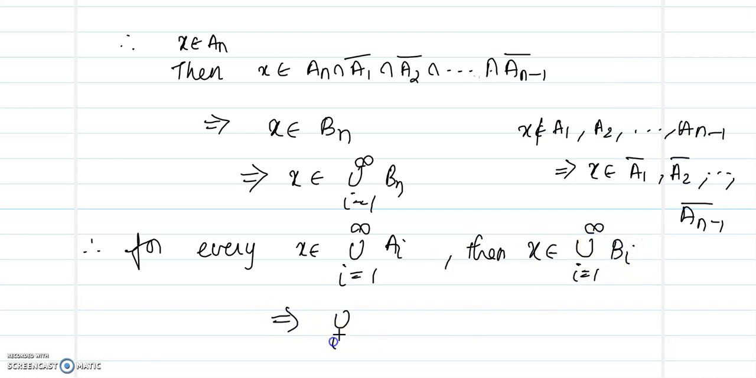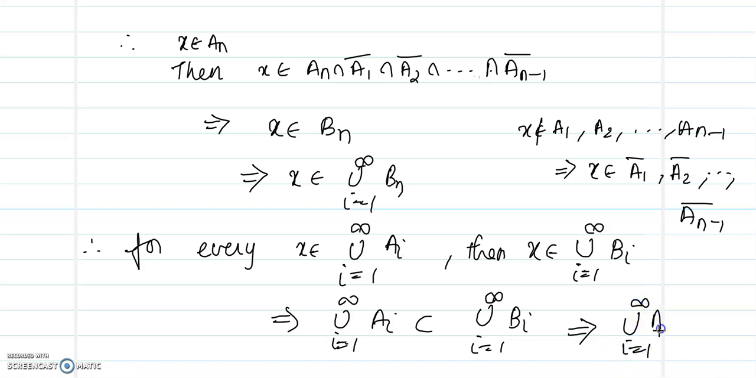So that implies union i equal to 1 to infinity ai is contained in union i equal to 1 to infinity bi. We have already proved that union i equal to 1 to infinity bi is contained in union of ai. So combining both, you can show that union i equal to 1 to infinity ai is equal to union i equal to 1 to infinity bi. So this completes the proof of the